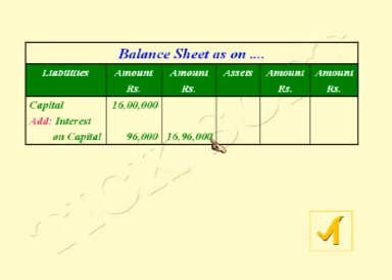Interest on capital appears in two places. One is the profit and loss account debit side as an expense. Then another one is the balance sheet liability side. It should be included with capital. From the proprietor's point of view, capital plus interest on capital. That means in